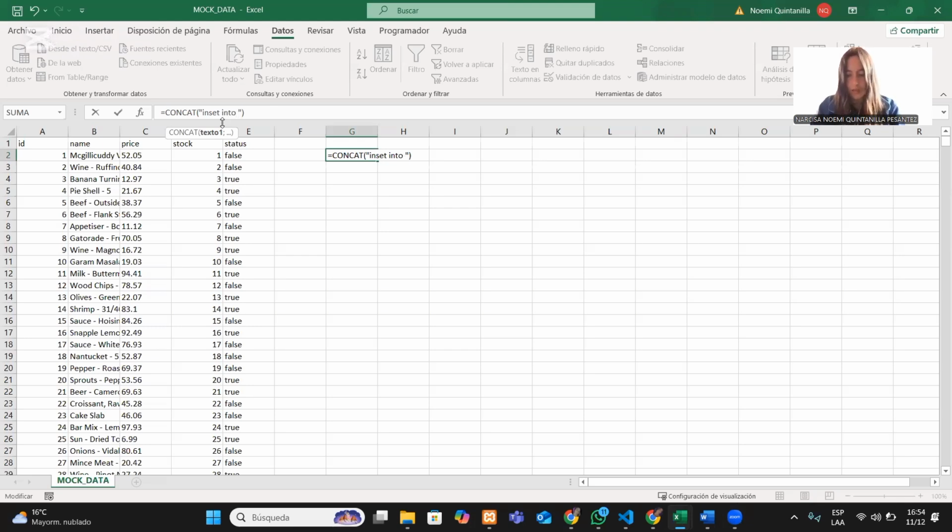In this case it is products, parentheses, the parameters that will be the name, price, stock, and status. Then we put VALUES,